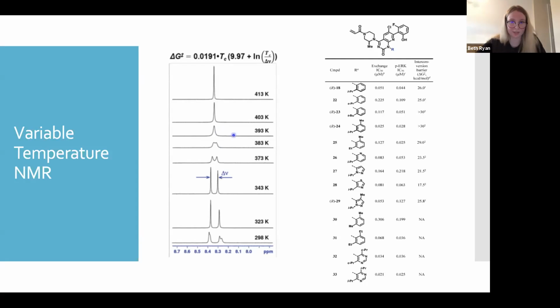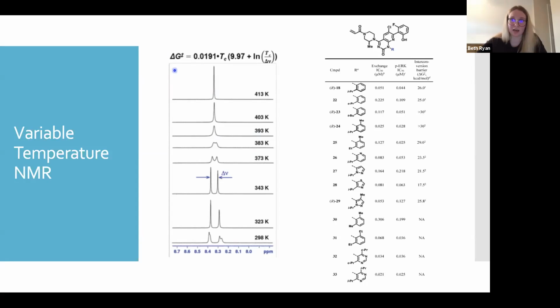So that coalescence point was about temperature 393 Kelvin, which is like 120 Celsius. That's pretty hot. And that's when these molecules can switch fast enough between the R and the S conformation that you can't tell the difference. So what they were trying to do with this equation up here